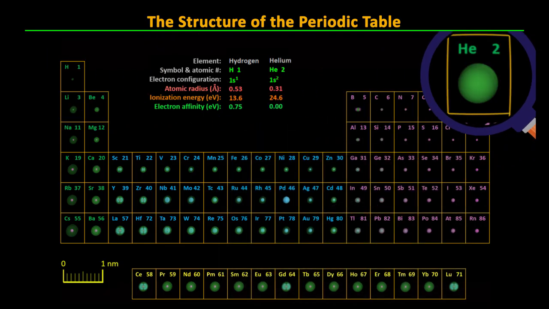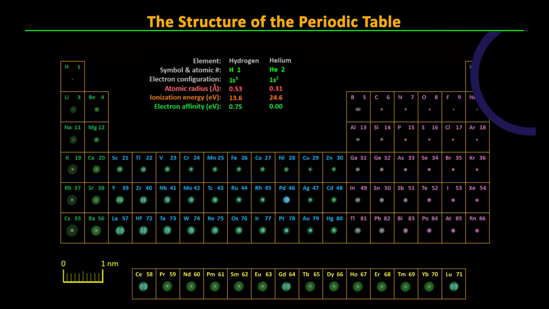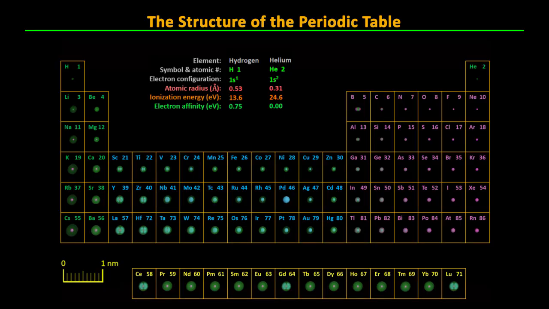Moving on to helium with atomic number 2. Now both electrons can fit into the 1s orbital, but they have to have opposite spins. The 1s orbital is now full, and both electrons will feel the pull of the nucleus very strongly, pulling them into an atomic radius of only 0.3 angstroms, the smallest of any element. This full shell also screens the double positive charge of the nucleus very effectively, so the electron affinity drops to nothing. The ionization energy to pull one electron free has jumped to 24.6 electron volts, the largest of any element, but not quite double that of hydrogen.